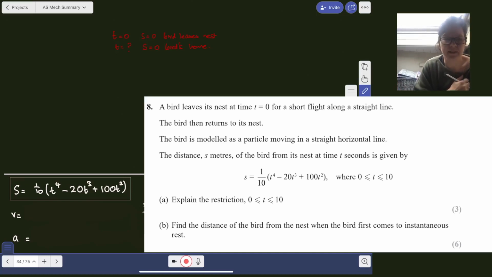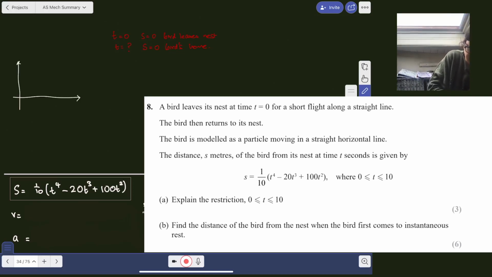Okay, explain the restriction from 10 to 20. This is almost always because something goes negative, but it means graph sketching. And it means you have to explain how you knew what the graph looks like. What I'm guessing, although we'll have to actually do it, is because S is distance, so it can't go negative,